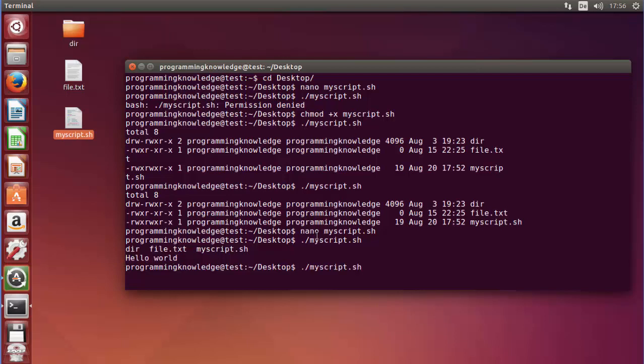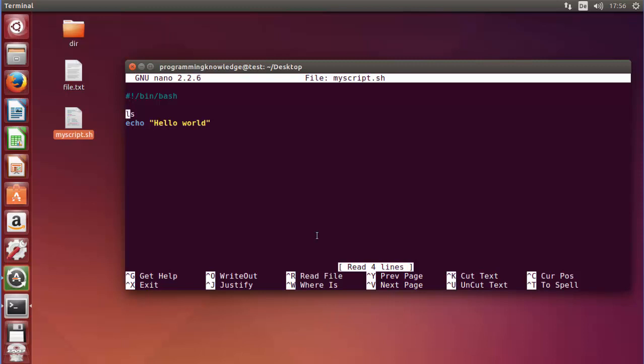Now I have shown you in the echo command tutorial that we can also create a variable and use it in the echo. So for example, I will create a variable, let's say it's called string, is equal to, and I will assign something to it, let's say hello world itself.